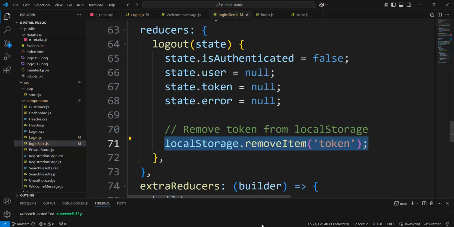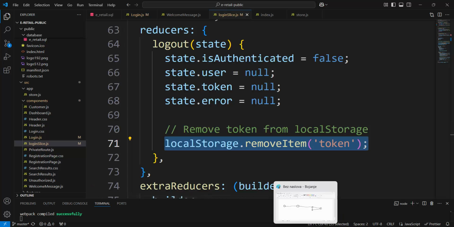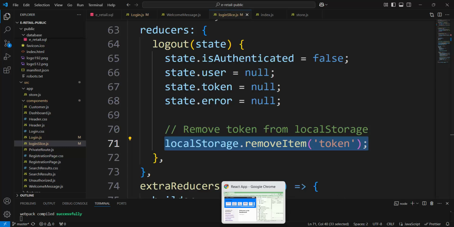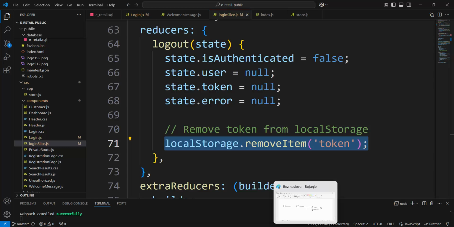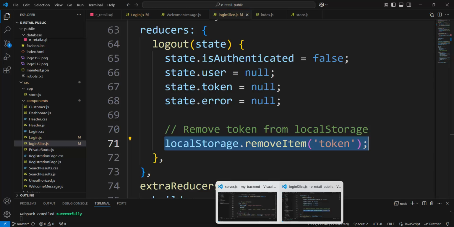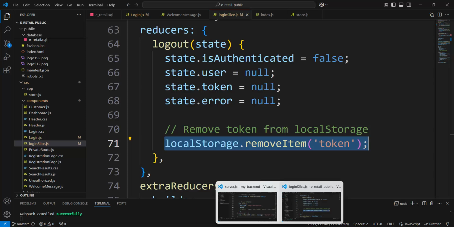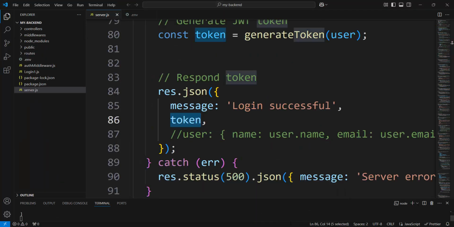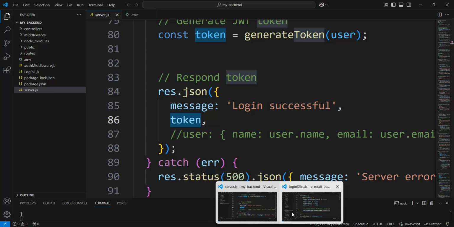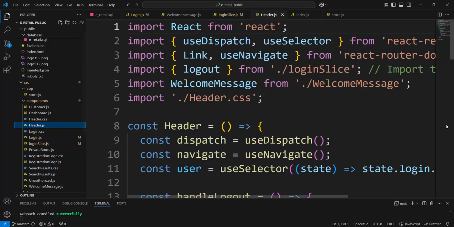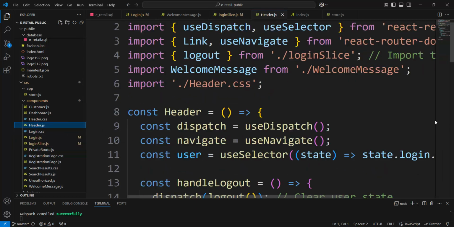And when we put it, it is in header. In header,